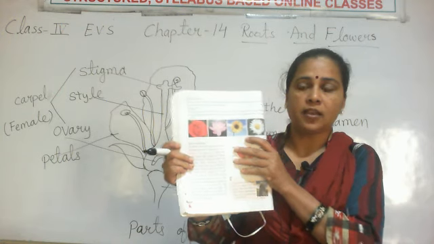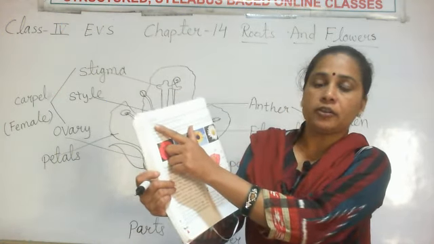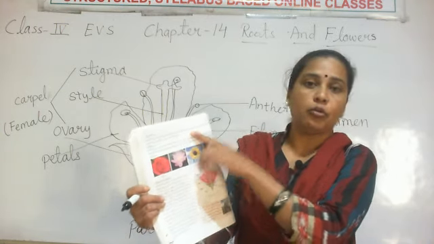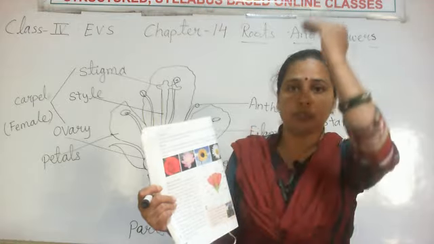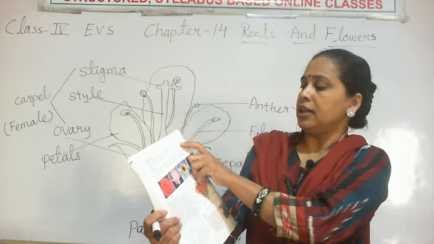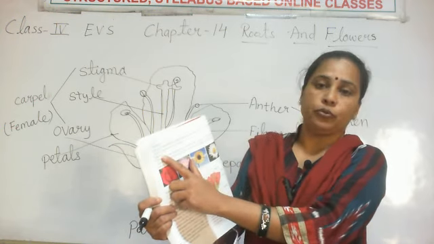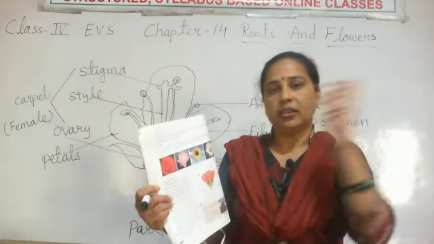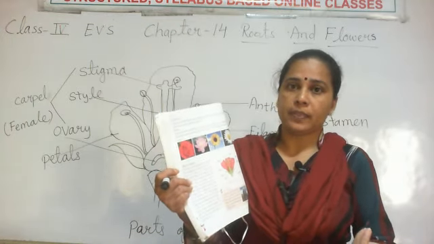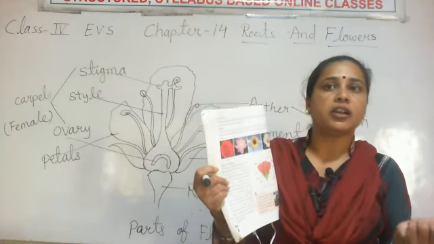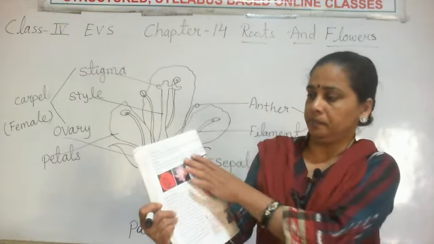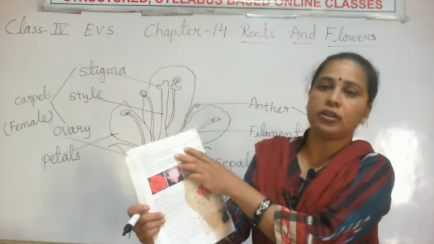Clear? Now what is given on the first line? The shoot is the part that grows above the ground. Above मतलब ऊपर की तरफ बढ़ता है, ग्राउंड से, मिट्टी से ऊपर जो बढ़ता है. It bears stem, leaves, buds, flower and fruit. What will we see on the tree? Leaves, branches, fruit, flower. There are so many different colors of flowers we find on the earth. Clear? Now let us learn about the flower.